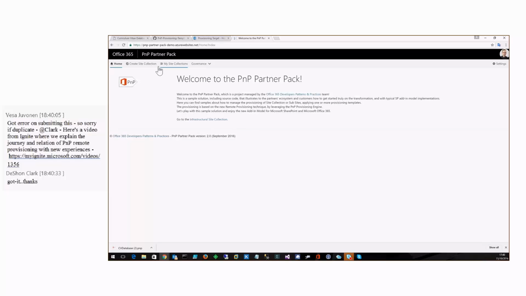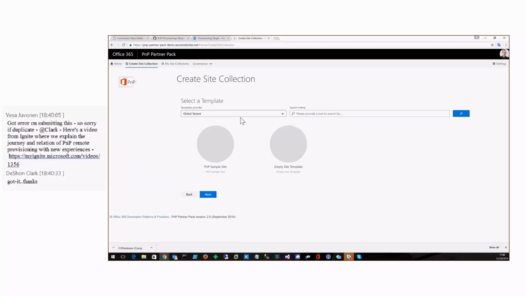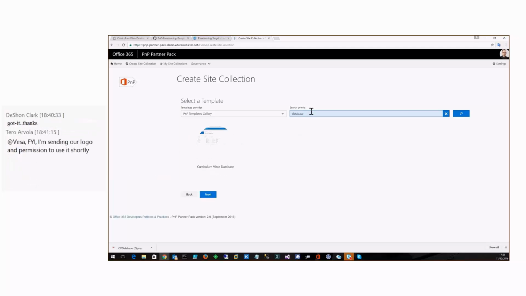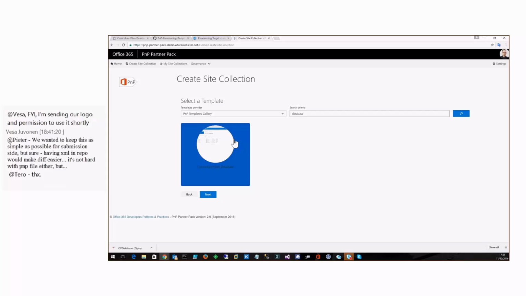So if you go to the Create Site Collection capability of the Partner Pack, you will be able to select the templates you have in the Partner Pack within your own tenant, but you can also search for templates in the template gallery. And if you search, again, for example, for database, which was the keyword we used before, you will find the curriculum vitae database template, which can be used to create a new site collection in your own tenant using the Partner Pack, consuming the .pnp file directly through a set of REST APIs from the provisioning template